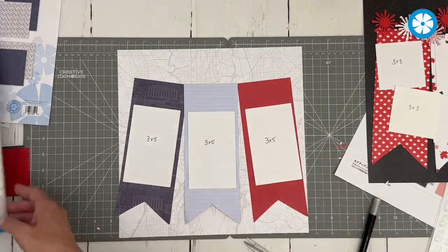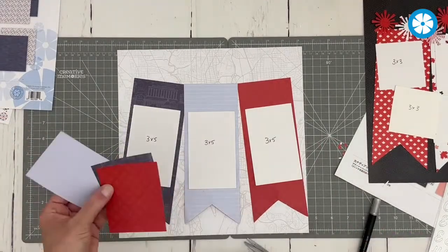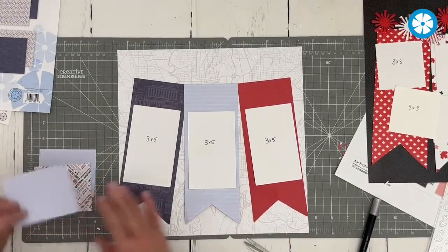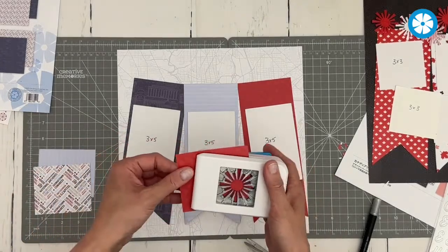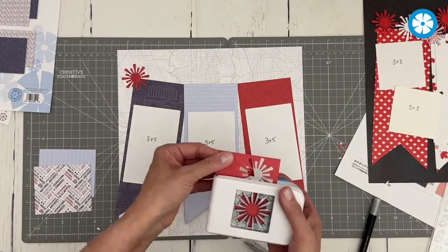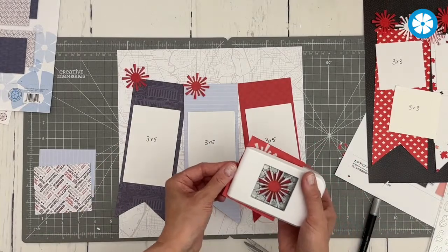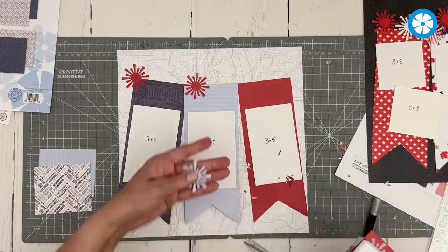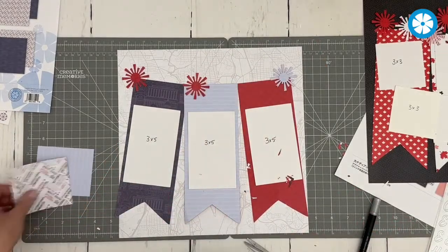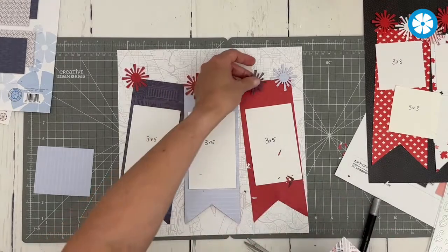Okay, and let's go ahead and punch some fireworks from these 3 papers. Yeah, let's punch from these 3. If we need to, we can also punch from some cardstock or totally Tonals. What's on the back of this one? So there's the blue. You can see that I kind of mispunched, but this is going to be overlaid and